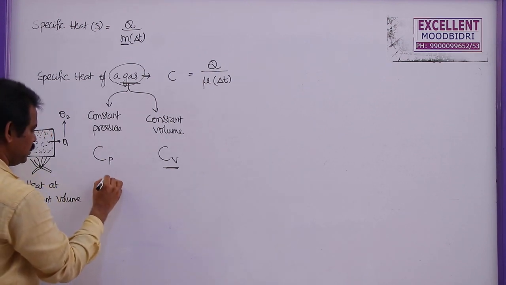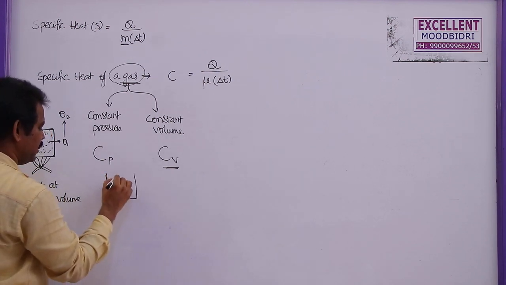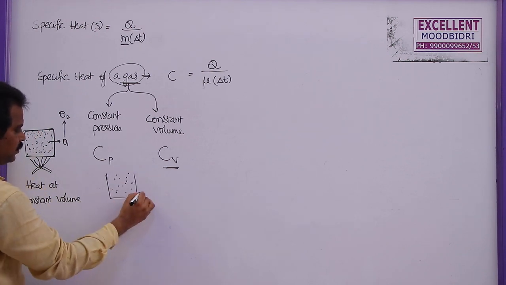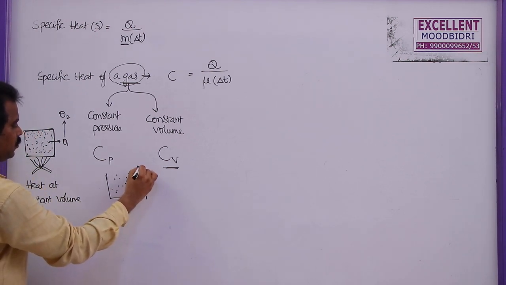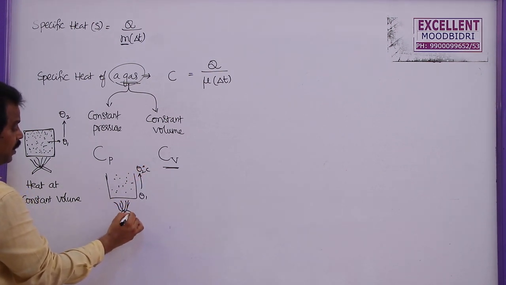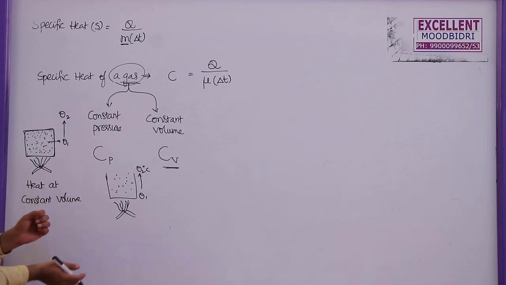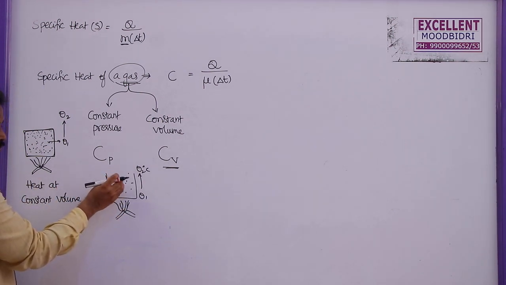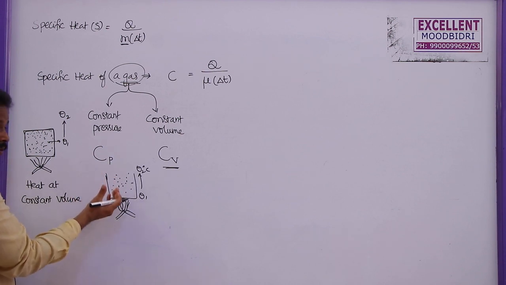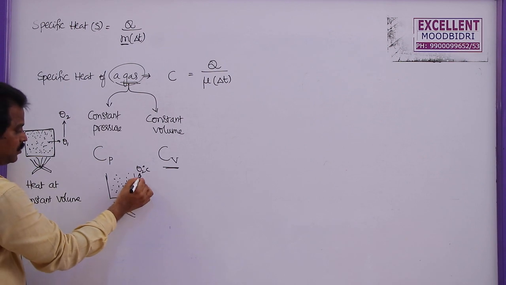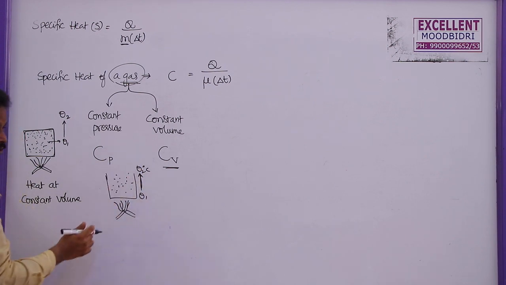Similarly, suppose you take a gas inside a container without a lid, at temperature θ1, and you want to increase it to temperature θ2. Here I need to supply more heat energy. Why? Because as soon as I supply the heat energy, these molecules will spread and try to move away. Before they move away, I need to increase the temperature by 1 degree Celsius.